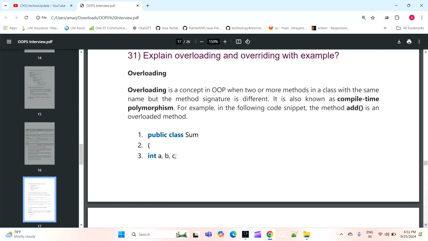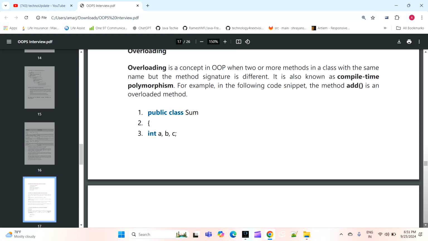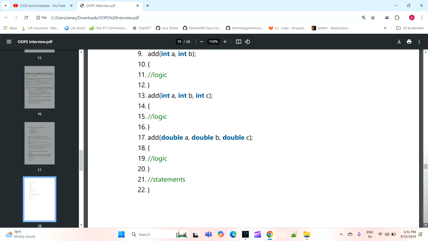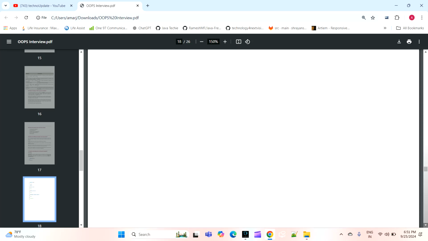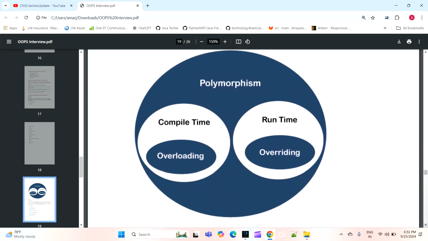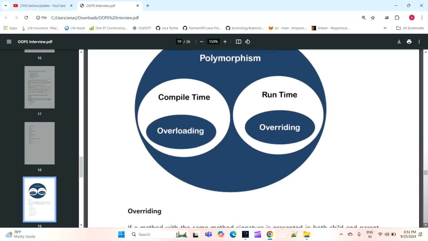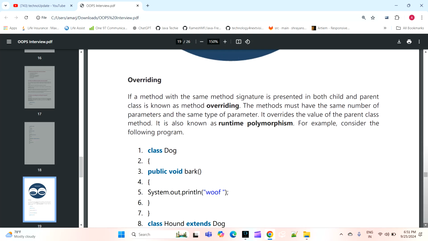The next question is, explain overloading and overriding with examples. When to go for overloading, when to go for overriding, what is polymorphism, what is compile time polymorphism, what is runtime polymorphism, what is static binding, what is dynamic binding. Overloading is compile time, overriding is runtime.